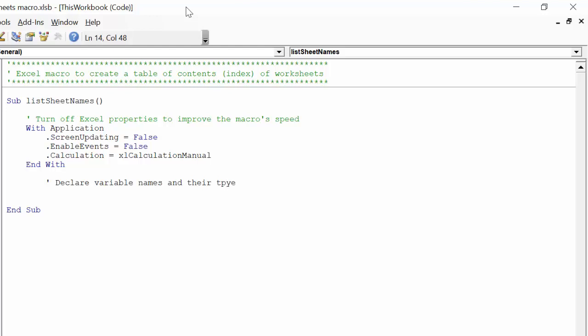Next, we want to declare the variable names and their type, which will improve the macro's accuracy and performance.